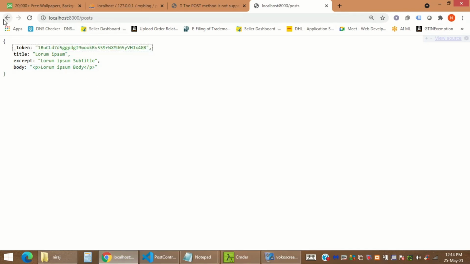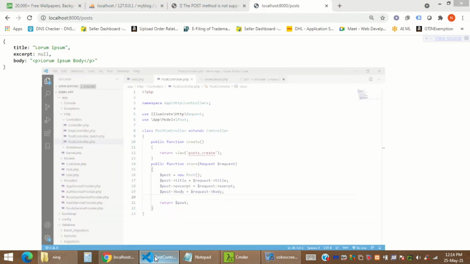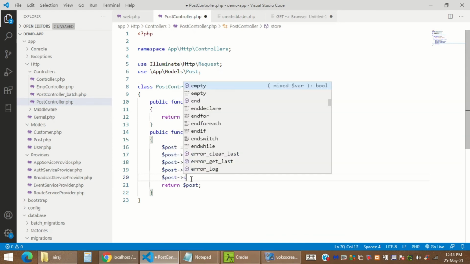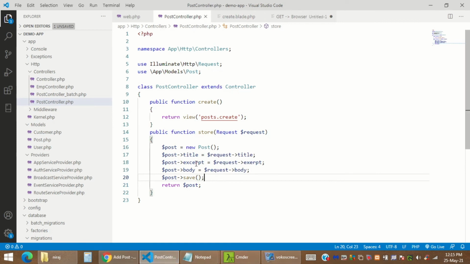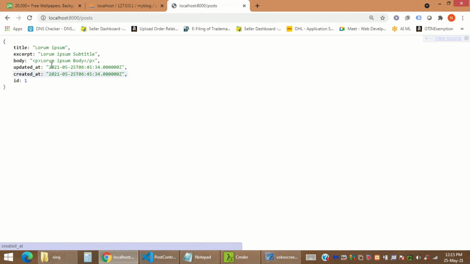So you can see if I return it, apart from the token, all the information is stored in our $post object, and this object will get stored into the database. But how does it actually store it? It will store our entire thing by $post->save(). So all the things are now completed, and I just misspelled certain stuff. Let me correct it. This is my form. I'm just going to copy paste, type body text, submit the form, and you can see this is now stored in our database.